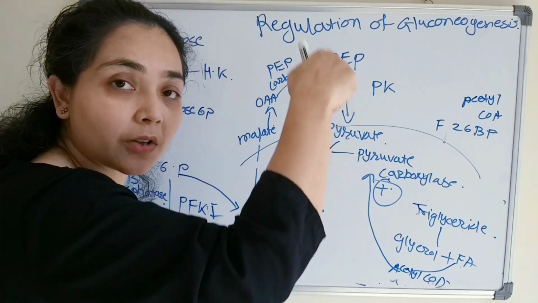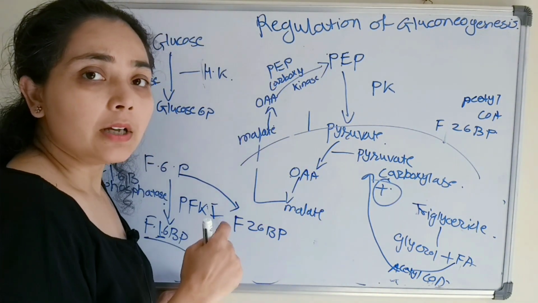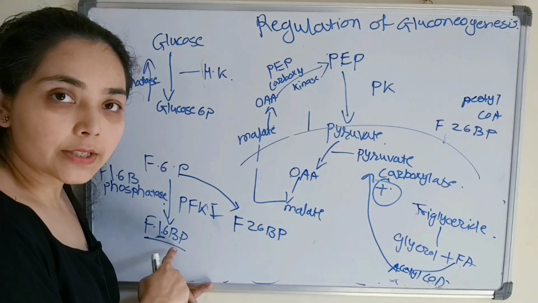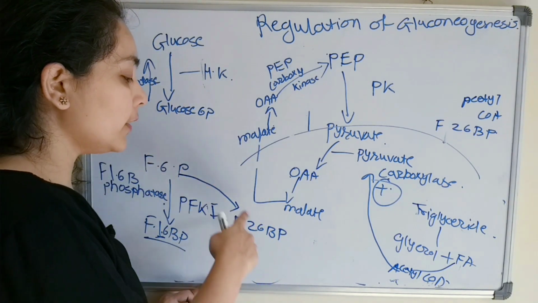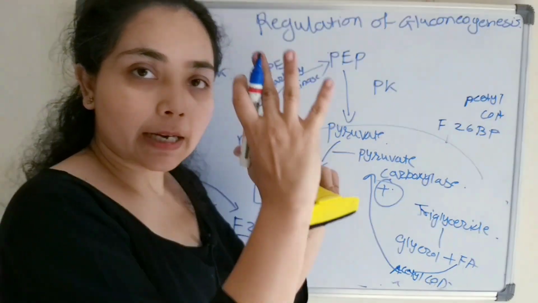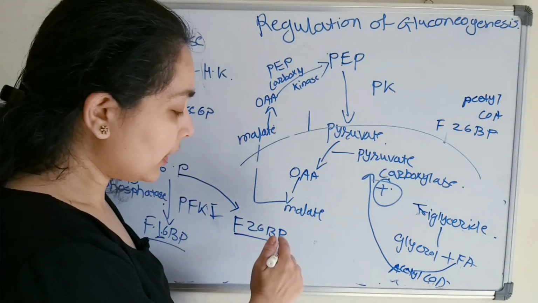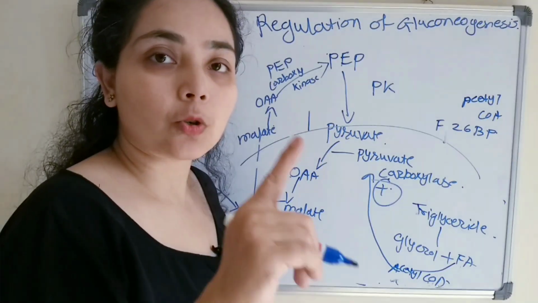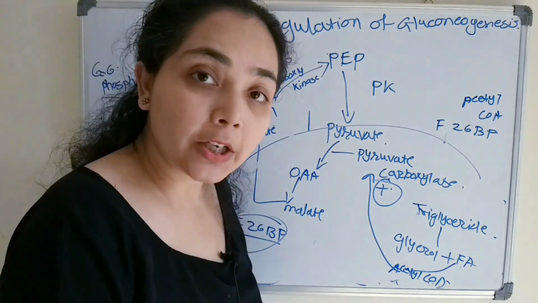If you remember the process of glycolysis, you can watch my video on glycolysis. So when fructose 6-phosphate has converted to fructose 1,6-bisphosphate, some of the molecules of fructose 6-phosphate will convert to fructose 2,6-bisphosphate. For example, there are 10 molecules of fructose 6-phosphate. So 9 will convert here, 1 will convert to fructose 2,6-bisphosphate, and this fructose 2,6-bisphosphate is a very strong regulator, or a positive regulator.